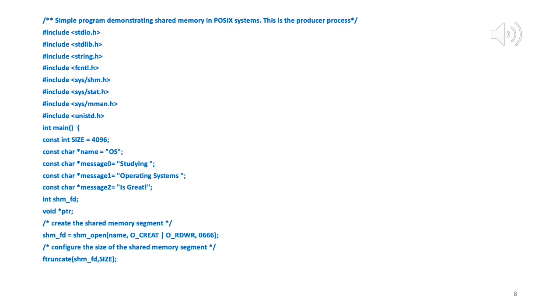So we create the shared memory object, and if it is successful, we have a file descriptor to it. So whatever value is stored, you can print it out if you want, maybe 5, 6 or whatever value we get. Okay, ftruncate, shm_fd, size. So now set the size of the shared memory object that was created. What is the size? Size is 4096 or 4K. Okay, so that will set the size.